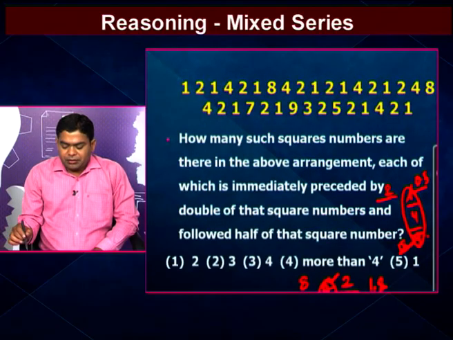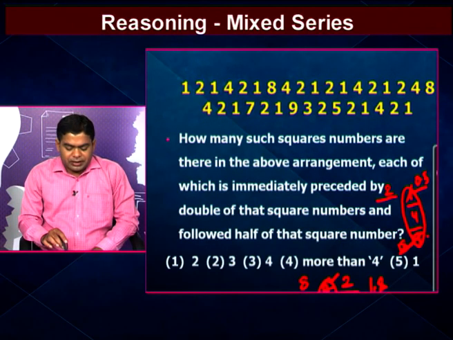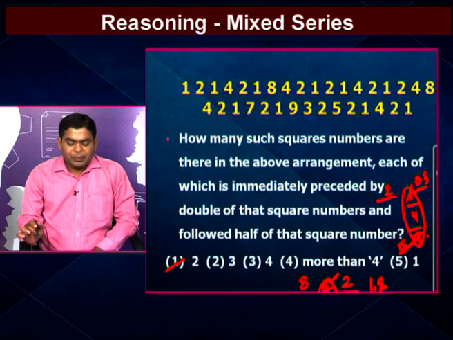That means here in the question only 2 perfect square numbers are there, preceded by double of that number and followed by half of that number. So in our question, 1 does not satisfy the condition, 9 does not satisfy the condition. That's why we go to only the 4. Here 4 must be preceded by 8 and followed by 2. So we count those 4s. Only 2 4s satisfy the given condition. In our question, options are there: first option 2, second option 3, third option 4, fourth option more than 4, fifth option 1. So we get only 2 4s satisfying the condition. That means only 2 perfect squares satisfy the given condition. 2 means the first option.